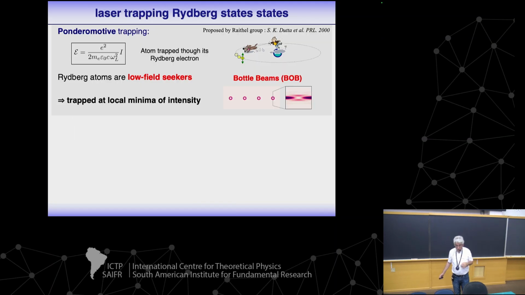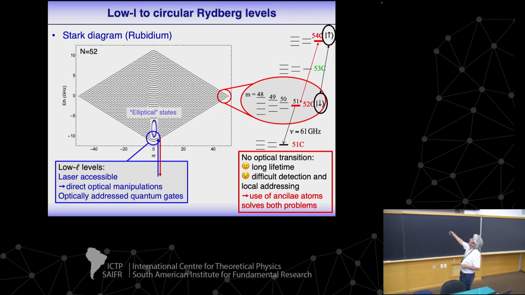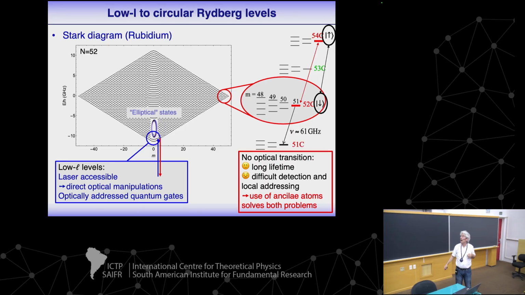Okay, so here is the diagram. The transition we perform along this line, and the spacing between all these levels is in the range of hundreds of megahertz. In the field we operate, the frequency of all the transitions is 250 megahertz. All these transitions are degenerate from the circular to the elliptical level with m equal 2. For lower m, the quantum defect I already introduced is perturbing the energy diagram, but all these levels are equidistant, and